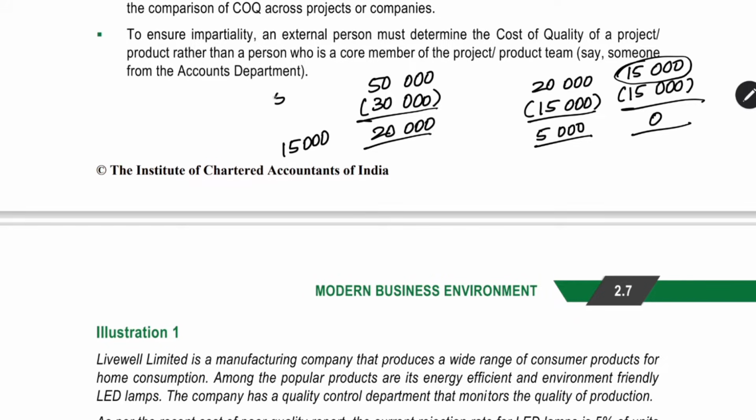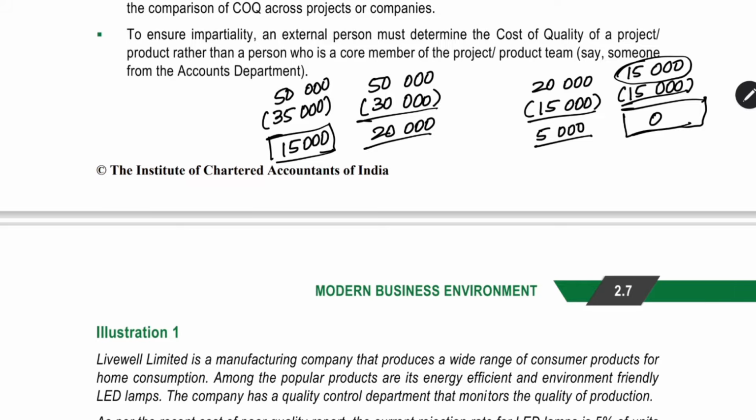The current loss which we are incurring is 50,000. For getting a 15,000 benefit of savings, after implementing the proposal, we should have a 35,000 rupees loss. Then only we will get a 15,000 rupees benefit. If we get a 15,000 benefit, the equal cost will be incurred, and then we will be getting a zero net